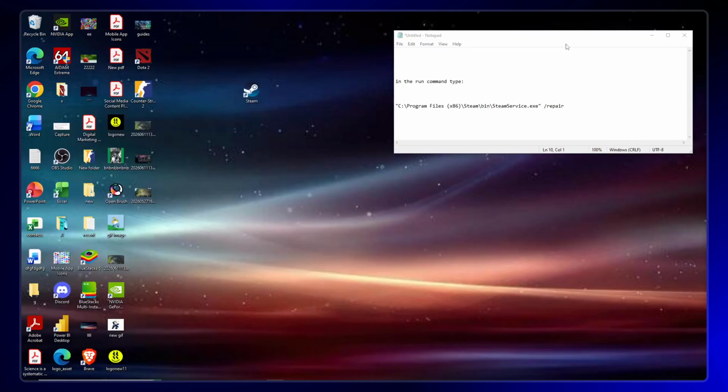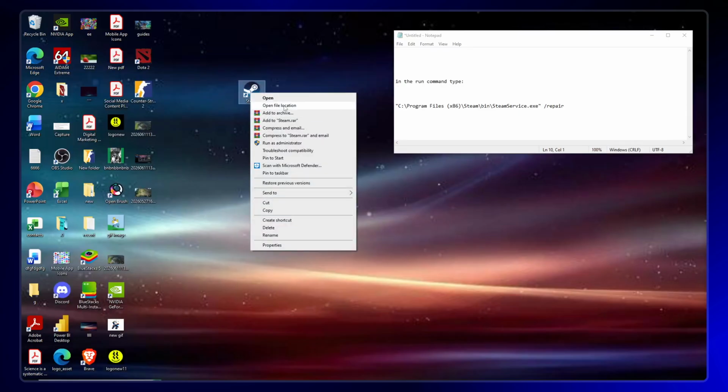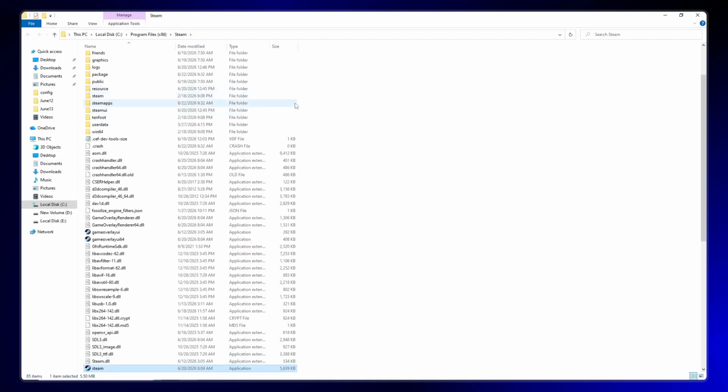installed on your system. Next, right-click on your Steam shortcut and select Open File Location. This will take you directly to the folder where your Steam application is installed. Take a moment to check which drive it's located on, whether it's local disk C, D, or E. In my case, my Steam app is installed in local disk C, so I'll be using that path for the